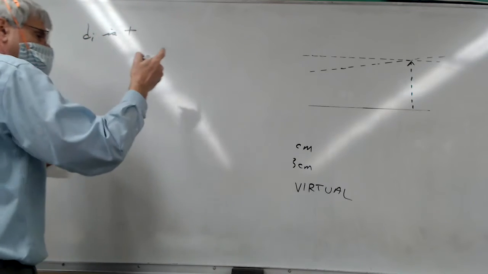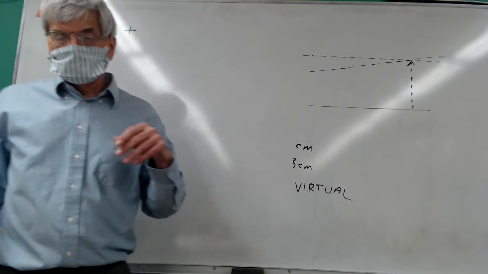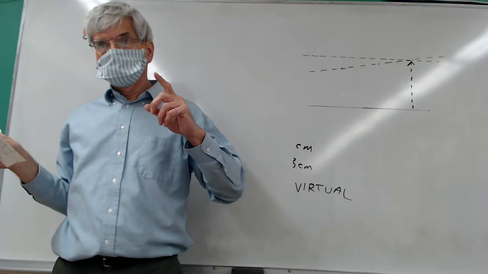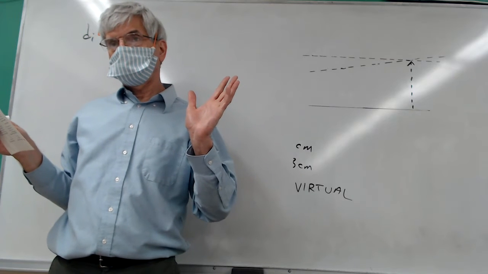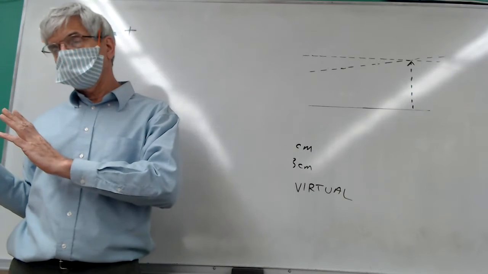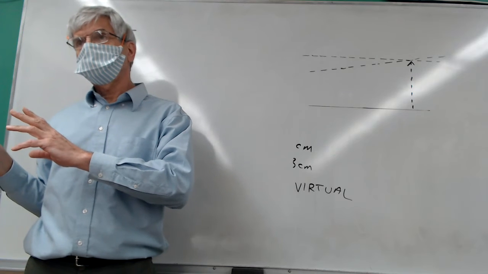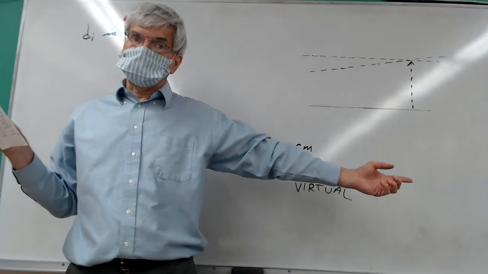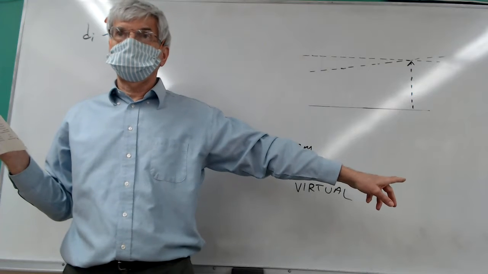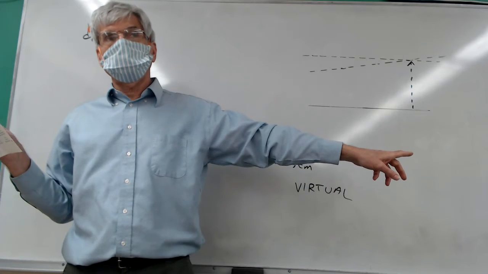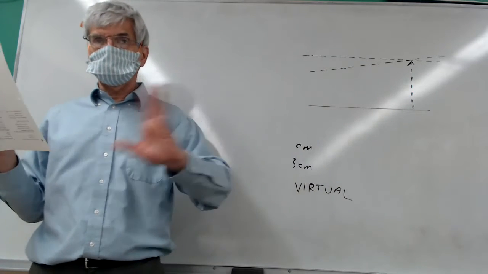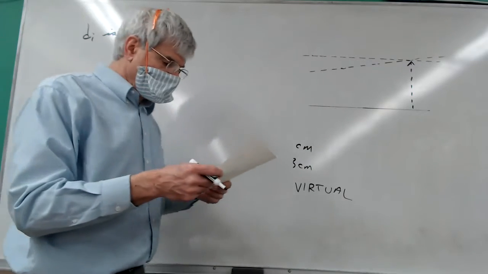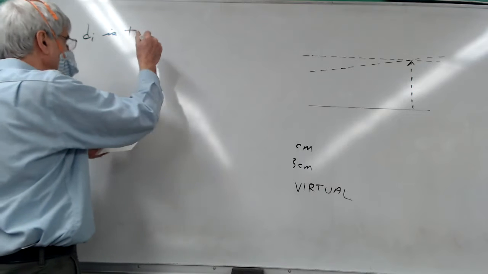The image distance is positive. Well, it could be a little confusing because with a mirror, the image distance is positive on the same side where the object is. With a lens, the image distance is positive across on the other side of the lens from the object. The way to phrase it that kind of covers everything without having to break it down into this, if this, and that, if that, is to say that the image distance is positive